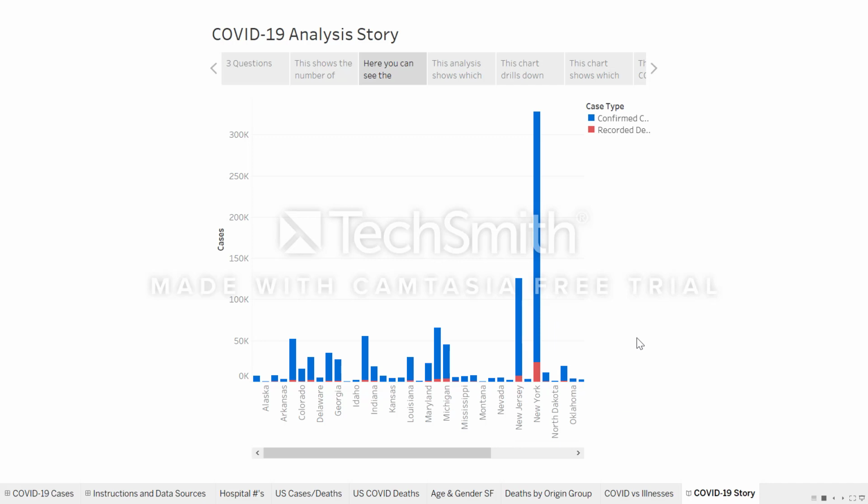One thing to take note about this chart is that it has a filter to only show these numbers as of April 30th, 2020. This allows you to see a snapshot of the numbers up to this certain date. And as you can see, New York has the highest confirmed cases and recorded deaths up until April 30th of 2020, and New Jersey is quickly behind it, which makes sense since the majority of this pandemic started in our bigger cities, especially around the New York area.